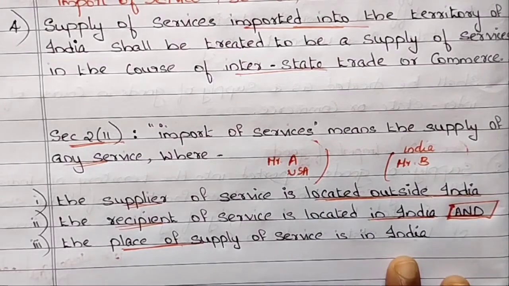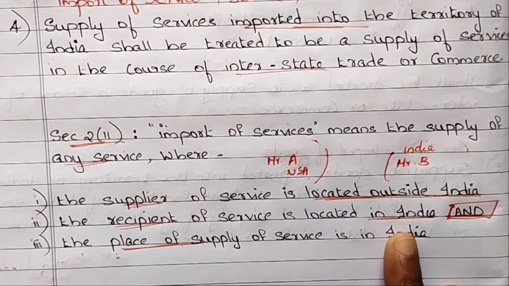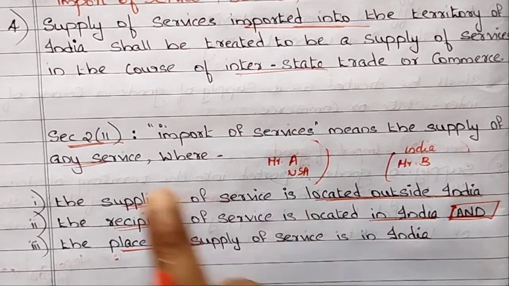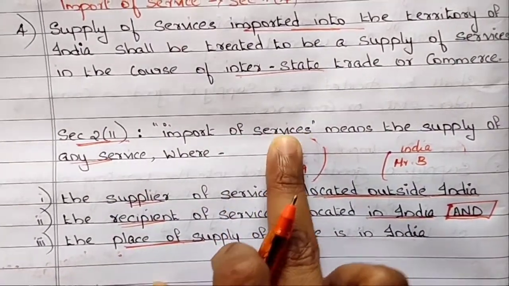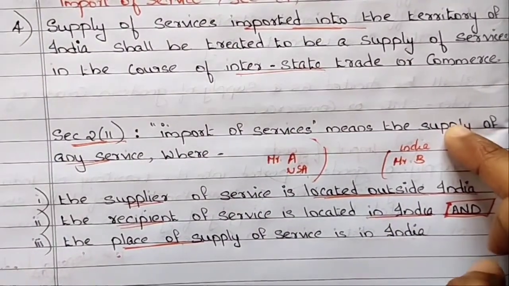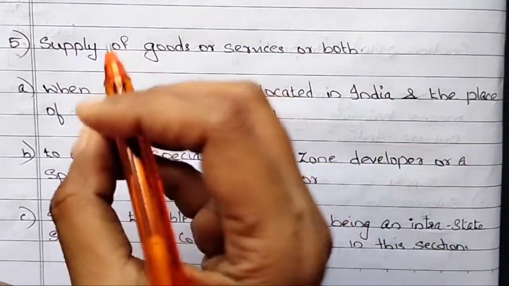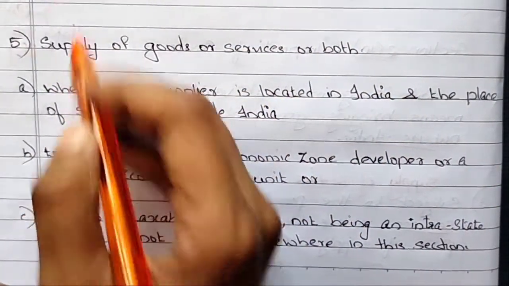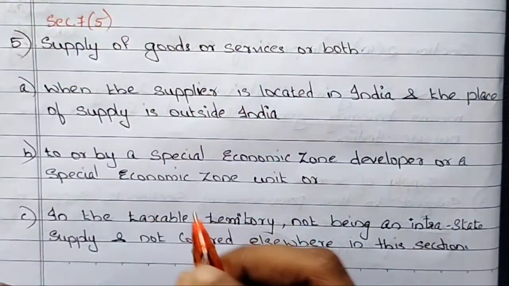So section 2 clause 11 says import of service means the supply of any service where the supplier of the service is located outside India and the recipient of service is located in India and the place of supply of service is in India. Now, the next subsection, that is section 7 subclause 5, says that supply of